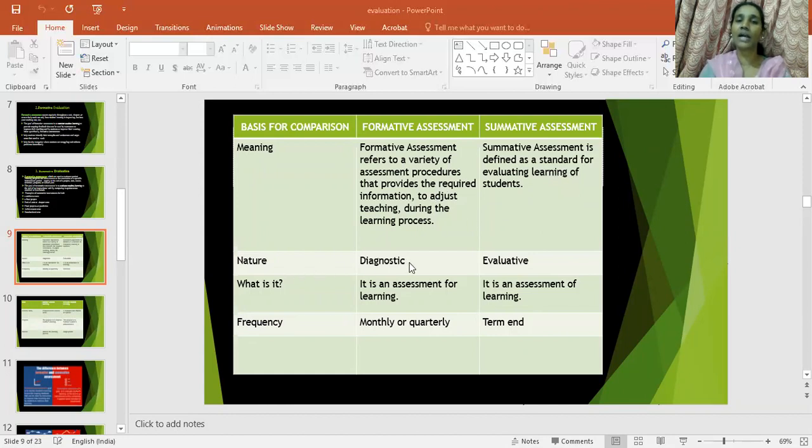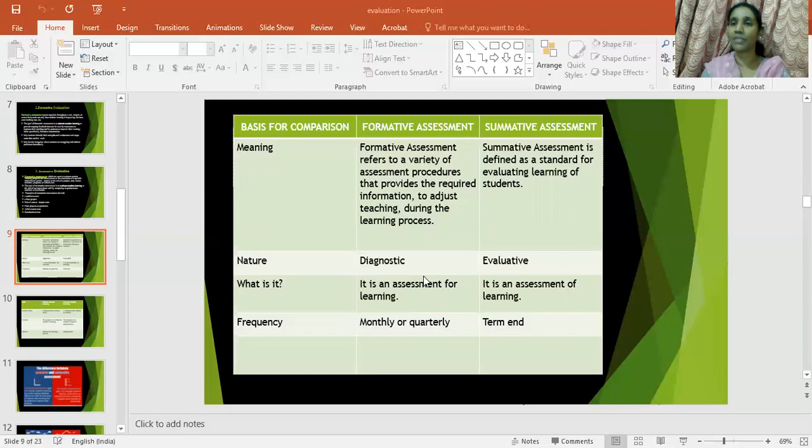Nature: here we are going to diagnose the students, as this is the ongoing process. In formative assessment, we diagnose whether in your class there are students who are average, below average, and above average. How are you going to diagnose them? How did you come to know that so many students are below average, so many are above average and so many are average? How will you come to know that? With the diagnosis, yes or no?